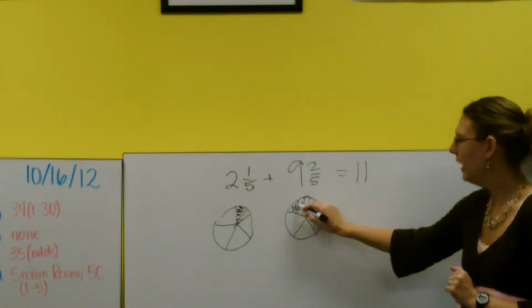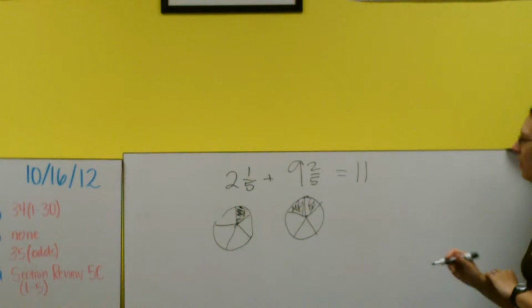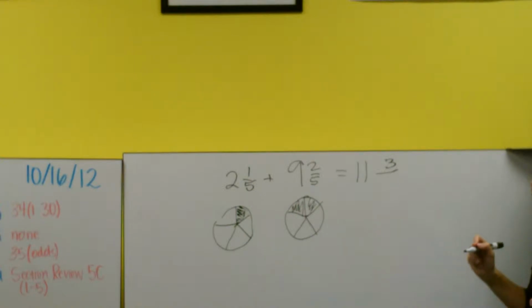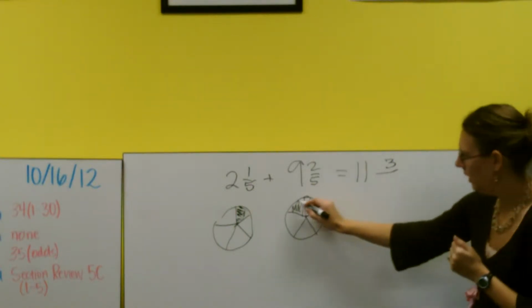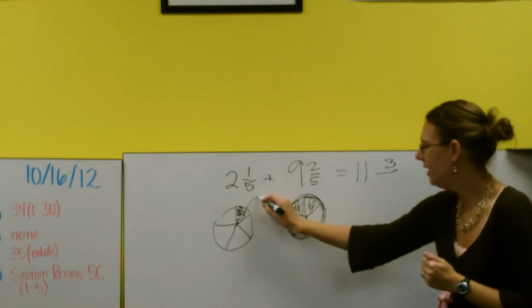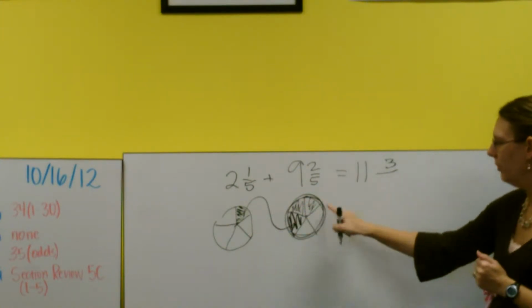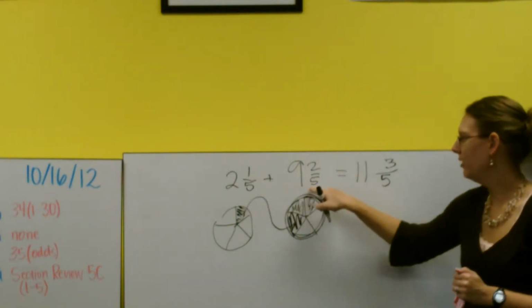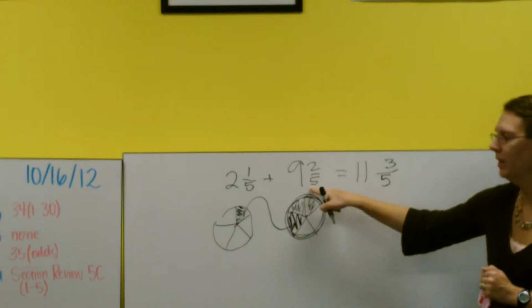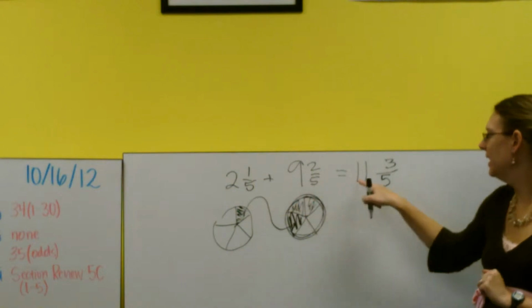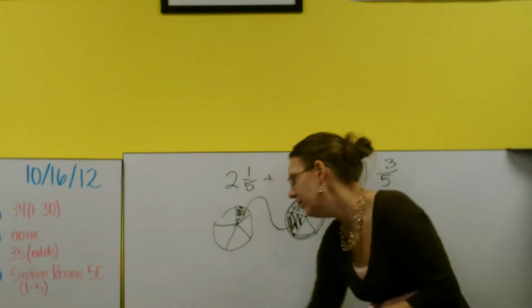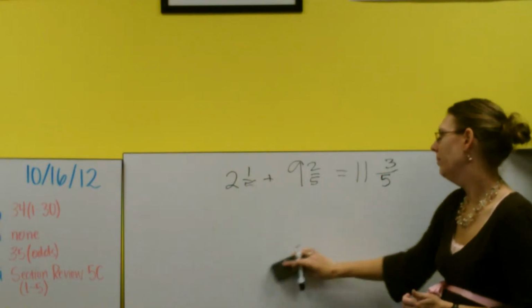Not the ones that are colored in. I only have the ones that are shaded. 3, right? 1/5 plus 2/5. So 3 out of how many slices, Jamaica? Each pie is out of how many slices? So if I take this slice and I put it in, I have how many? 3 out of 5. So the fractional part, just like adding fractions, as long as we have a common denominator. Okay? So if we have common denominators, it's as easy as saying 11 3/5. We take those 2 mixed numbers and add them together. Okay? It gets a little more tricky when you bring in denominators that aren't common, but you guys are pros